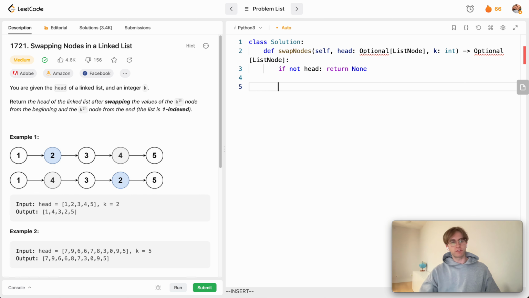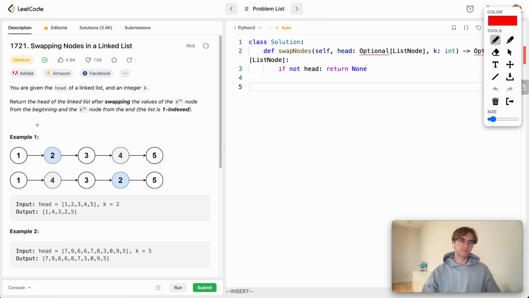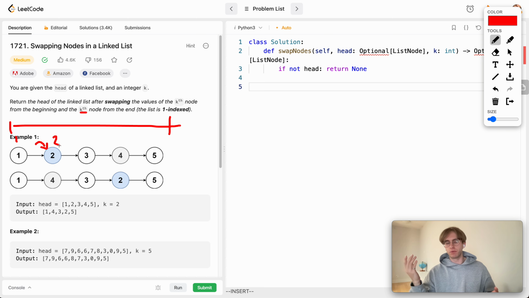Typically for these type of questions where you need to know the given index of the node, you want to first find out the length. That way you can find out what is the kth. You can easily count forwards, say you're given k equals 2, you just say okay, 1, move over 1, and then 2. So you just travel it, for i in the range of 1 to 2, and you just hop twice. But when you want something like the kth node from the end, you want to get the length,